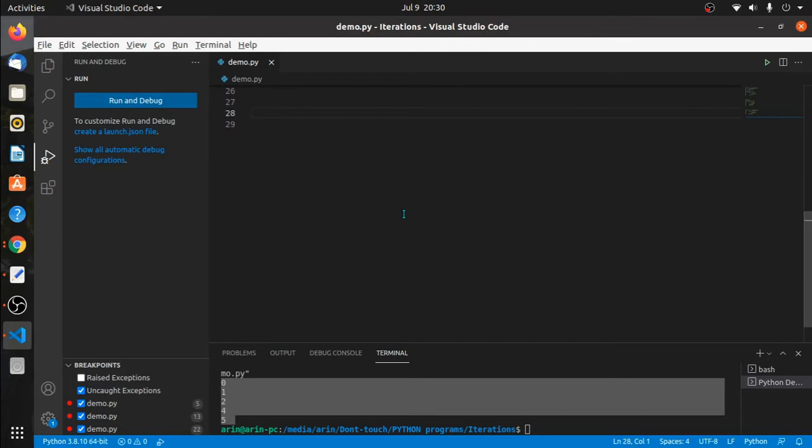So, can we use break and continue together inside an iteration block? Okay. So, yes, it is possible. How is it possible? Let us say my requirement is, if the value of x is 3, then I will continue, which means I will skip the current iteration,